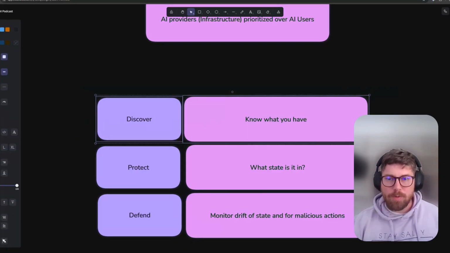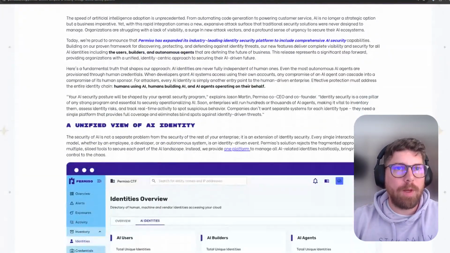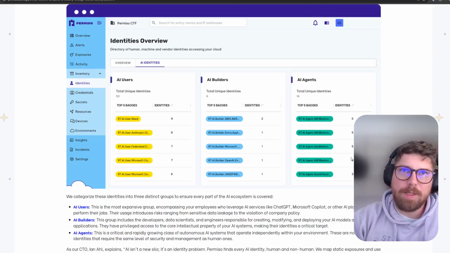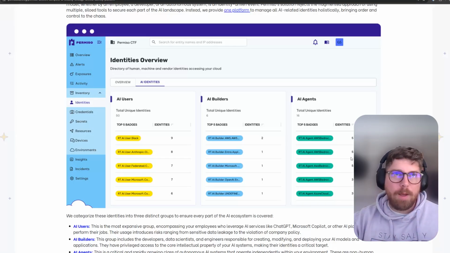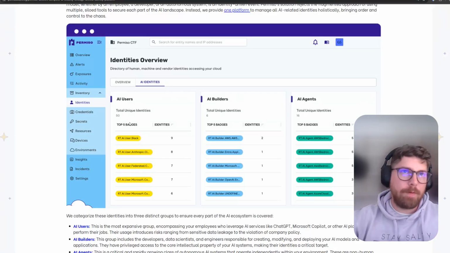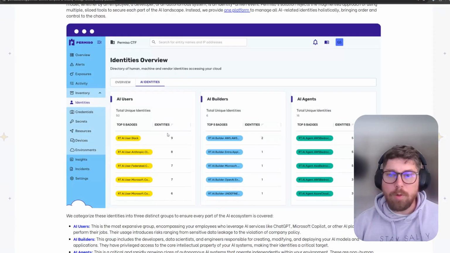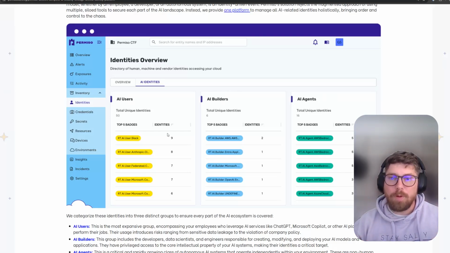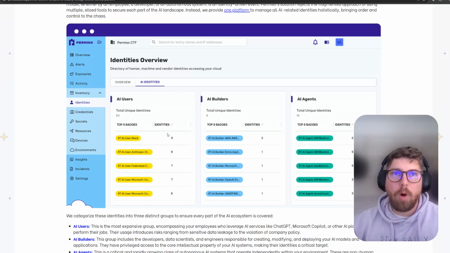And you may have actual questions. Let's go over here real quick. This is from a blog article we did recently where we're showing off some of our identity AI visibility capabilities. Sometimes you're going to have specific questions. You might just want to know who your AI users are, maybe really generally. Oh, you have 50 AI users in your organization. But maybe you want to know who uses ChatGPT, and you don't care how they use it, whether that's through federated access to ChatGPT directly, or maybe from Copilot using a ChatGPT model. You don't care how they're using it, but you want to know all the uses of ChatGPT.